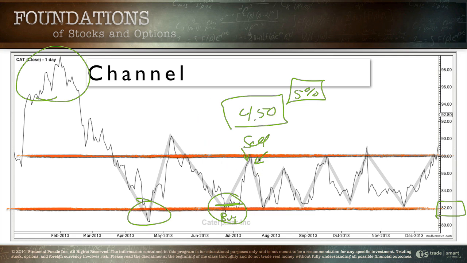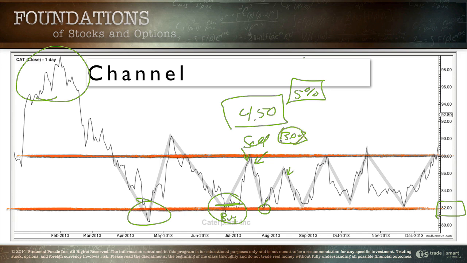Now, guess what happened? The stock sold right back off to the same place. It didn't take me a year to get 5%. It took me about half a month. Somewhere between 2 and 3 weeks. And then we sold right off to the same price. And as we rallied out of there, you had another buying opportunity. We'll just say we did the same thing. We got in about $83. Now, as the stock pulled down, you may have stopped out of the trade around $86. And so you might have made $3 a share.